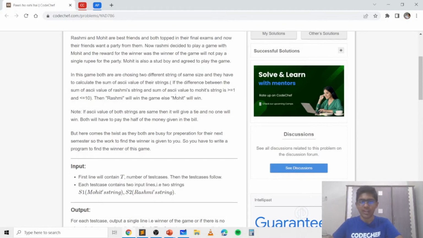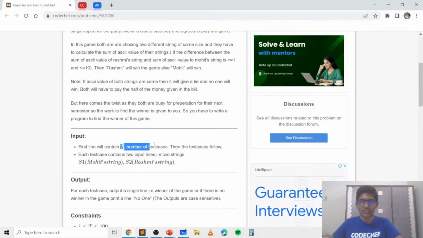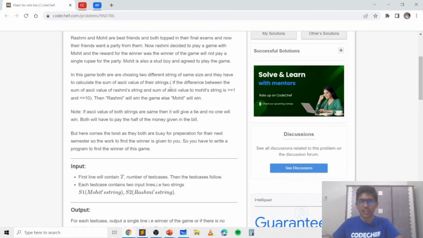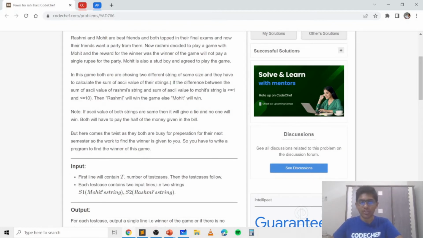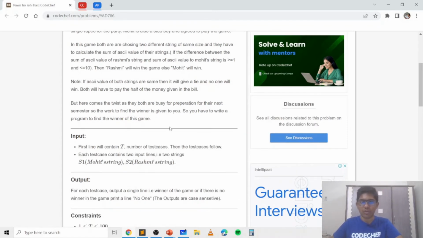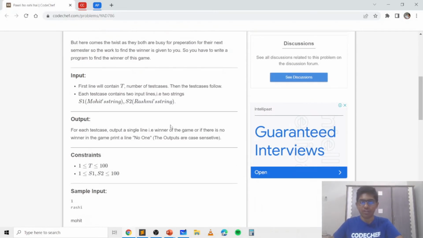So we need to iterate through each test case using a loop. Then we need to input the two strings. Then we need to sum up the ASCII values of the two strings using a for loop or a while loop or any iterative method. Then we need to use a conditional statement to check which condition is met, and within the two conditions we need to print the appropriate string. So it's just a simple combination of doing exactly what the problem wants us to do using conditional and